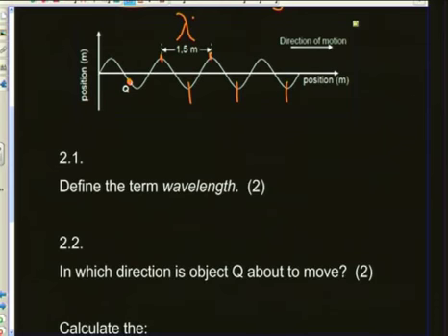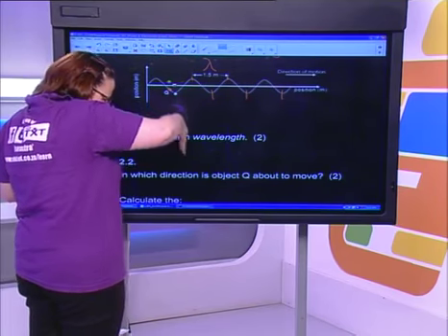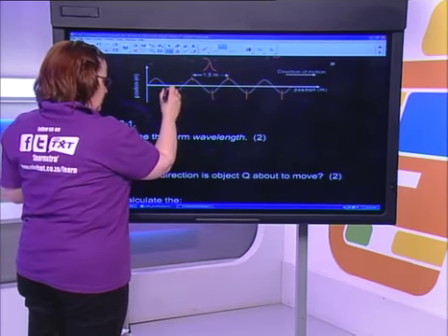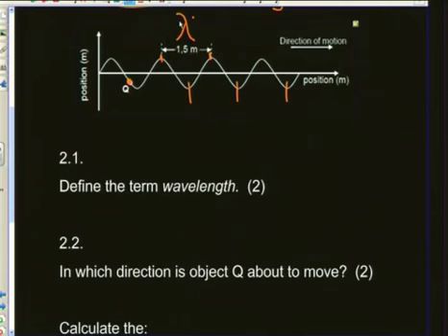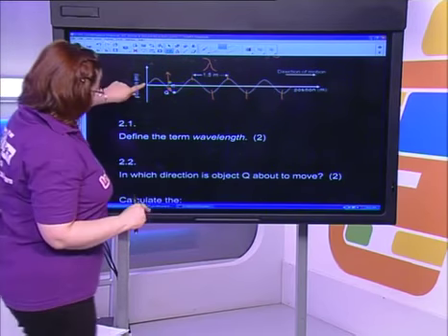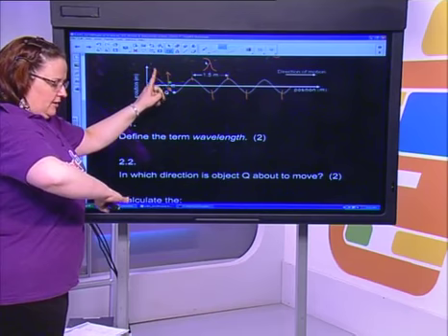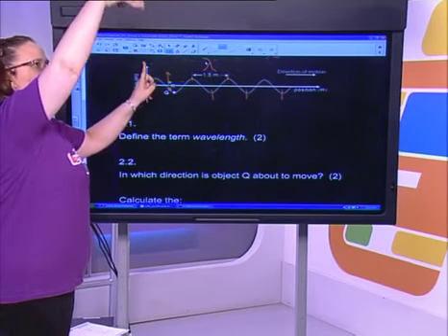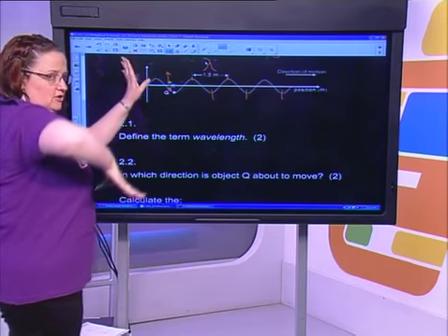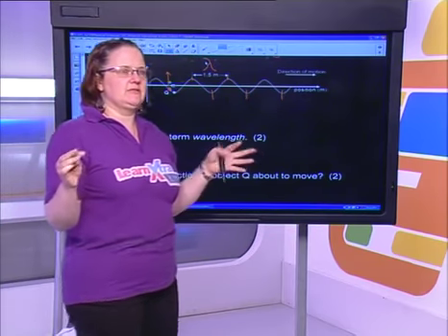Now, the energy of the wave is on its way down over here. So this Q is over here, which I've lost my pen. There we go. Q is here. Q is actually going to move up as the wave goes, because starting over here, if we look at the energy, Q's at this point, the wave has gone up and down, the energy's passed, and Q's actually going to go up. I'm not explaining this well at all. You're looking at me, I'm sure looking at the TV going, okay, Tracy, that makes no sense.